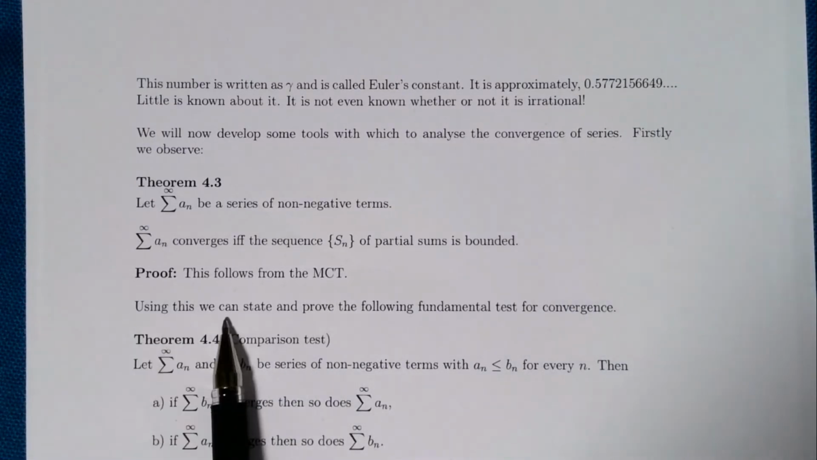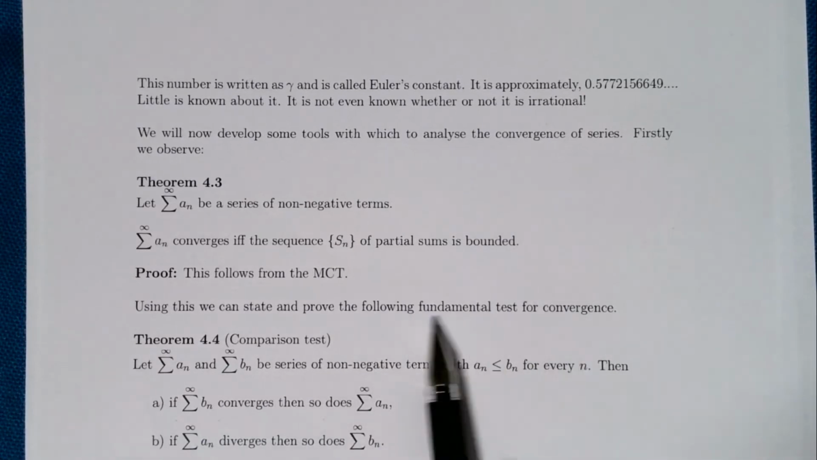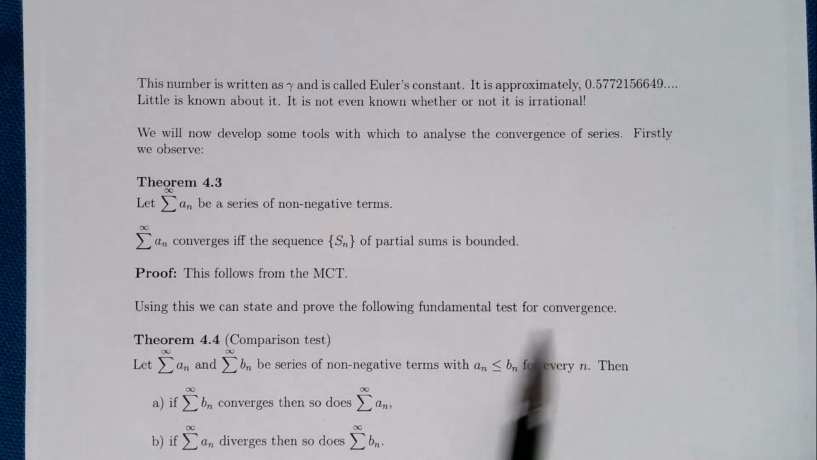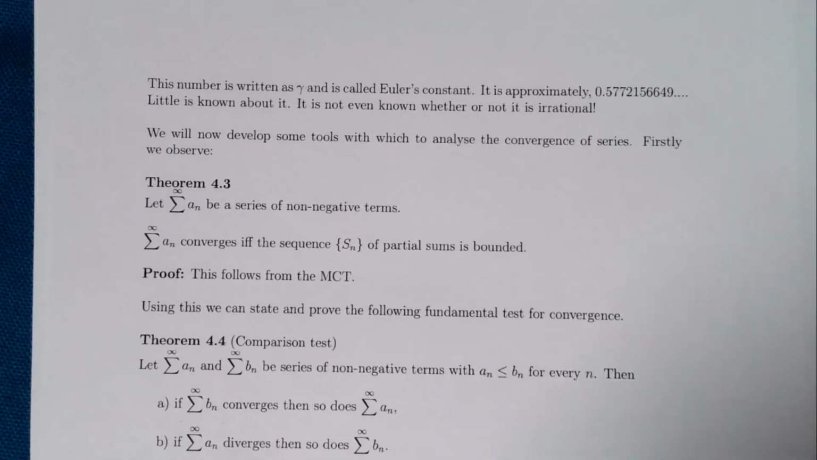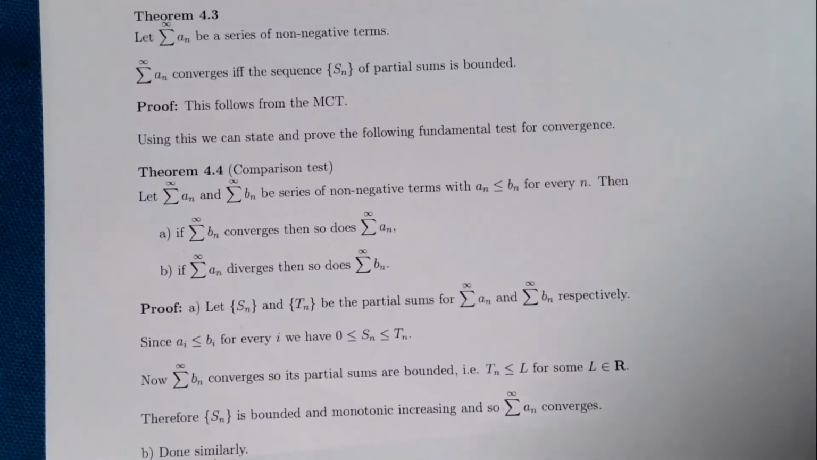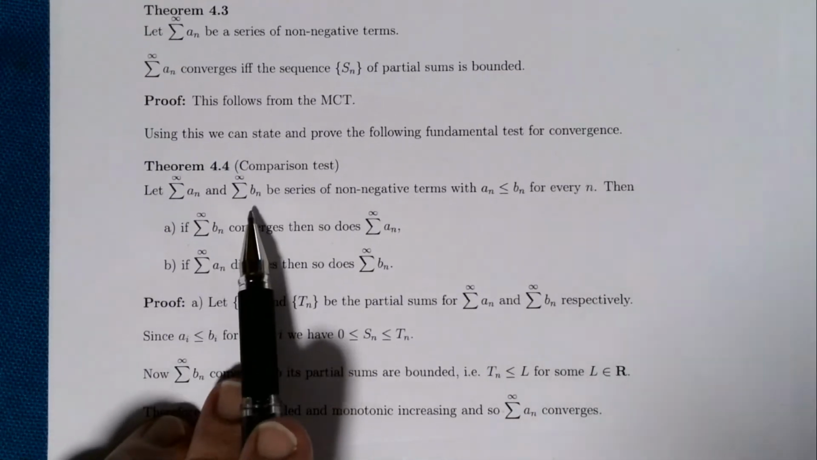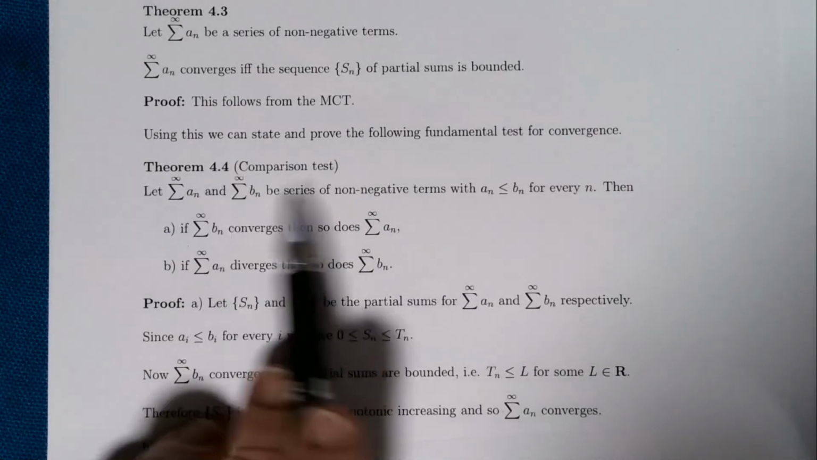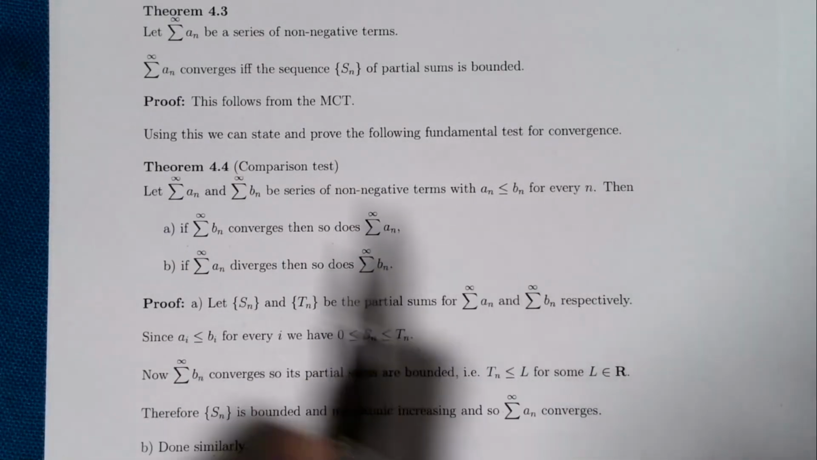Now, using this, we can state and prove the following fundamental tests. This is really important for convergence. And this is our theorem 4.4. This is the one you need to get your head around, because we're going to use the comparison test quite a lot. So I've got two infinite series with non-negative terms, and I'm going to assume that the a_n